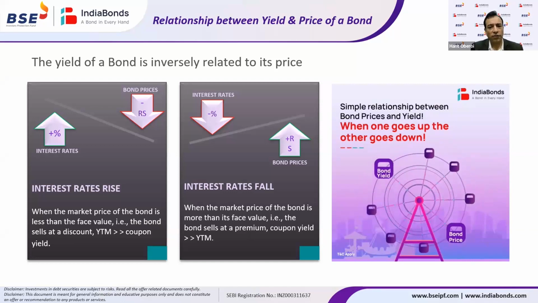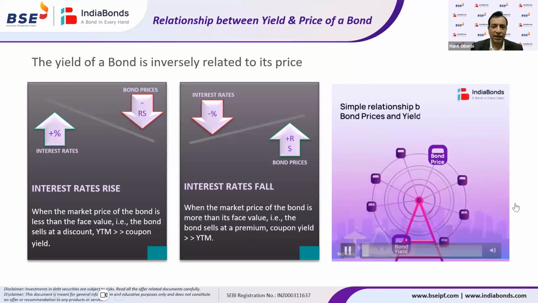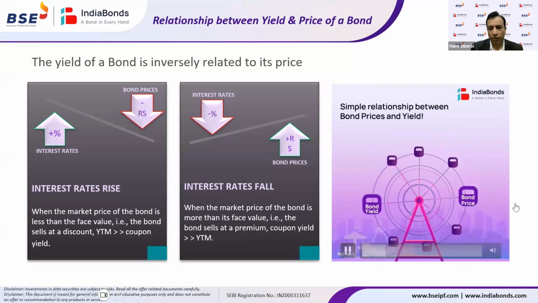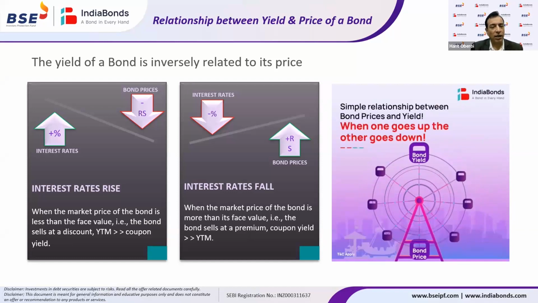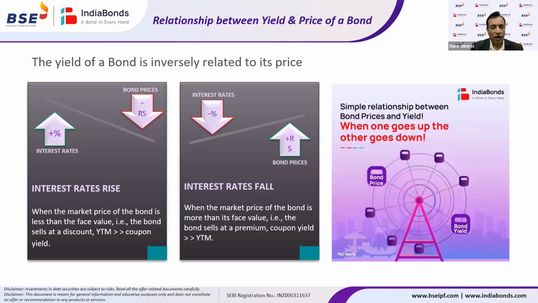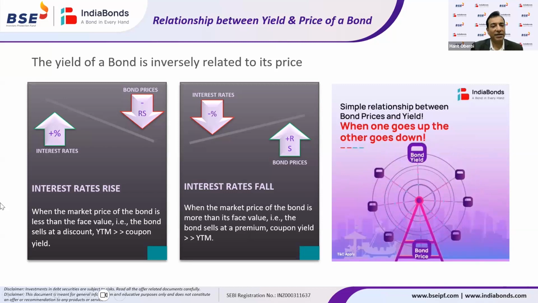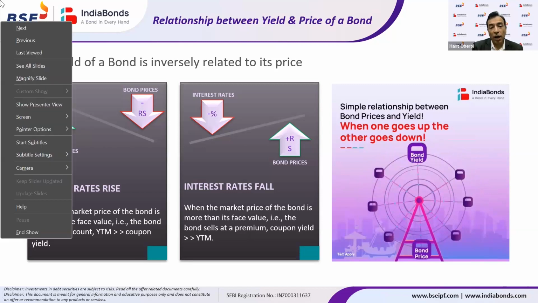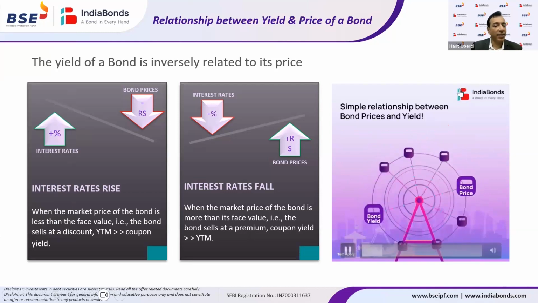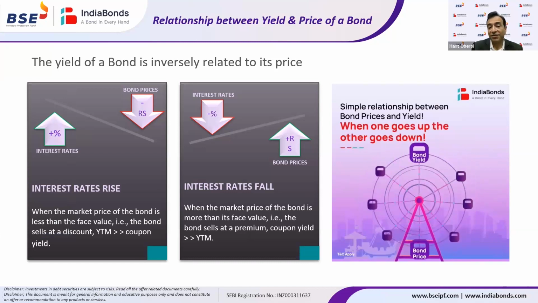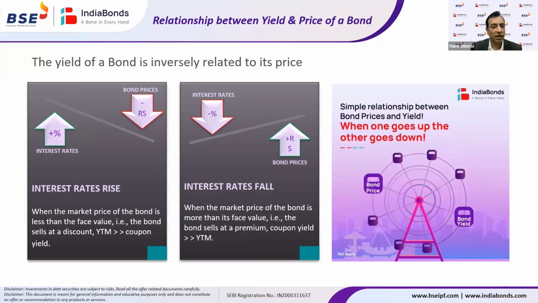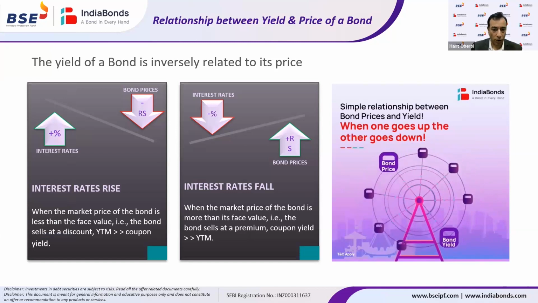Now, during the course of time, the price of the bond has changed and there were more sellers in the market for a particular bond and fewer buyers. What will happen is the price of the bond will fall, say to 95 rupees. So 95 rupees is the secondary market price when I am investing in the bond. But what will happen at maturity? Though I am investing in the bond at 95 rupees, the maturity value still remains 100 rupees, and the face value still remains 100 rupees. The issuer will return 100 rupees only to the investor who is holding the bond.